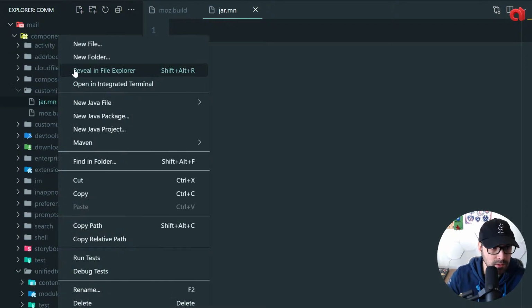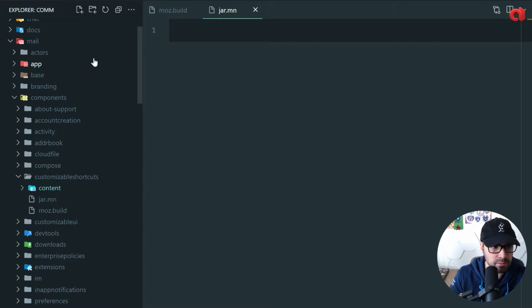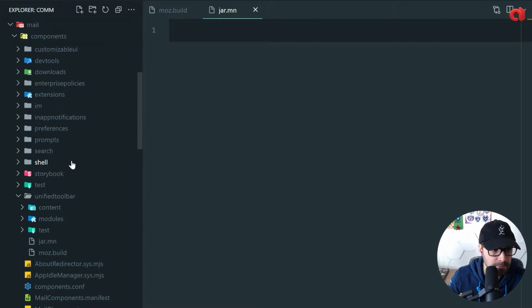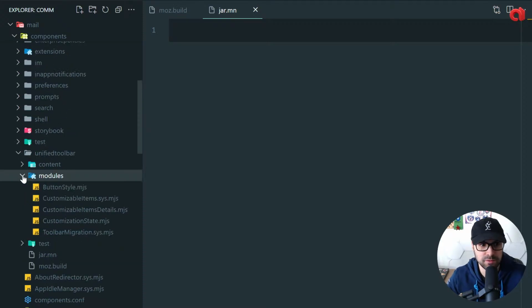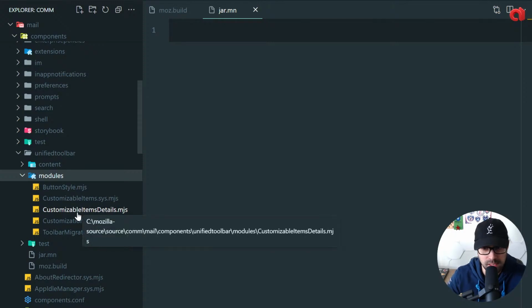So the first thing that I want to do is create a folder called content, because I'm going to start creating the front-end components. You can see here in the unified toolbar, there's a folder called modules, which is fantastic because we're going to use the same exact approach for the modules that are going to handle the reusable parts,